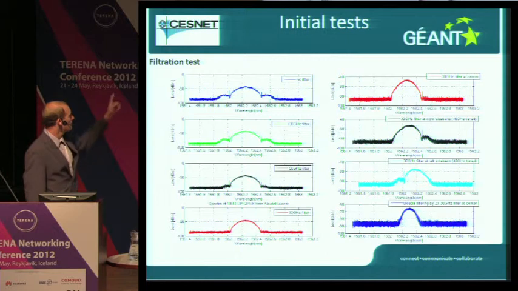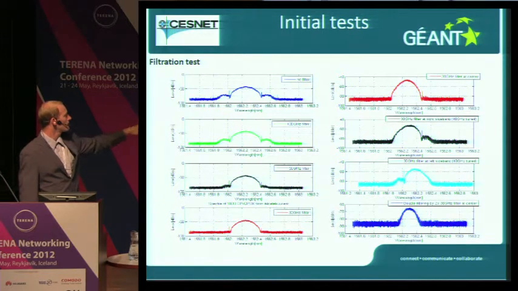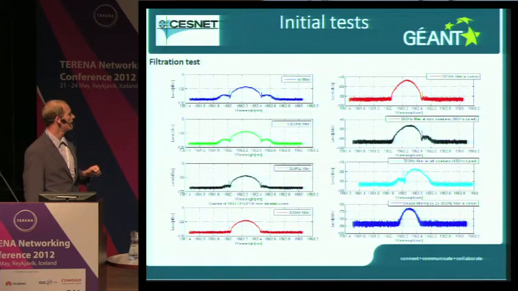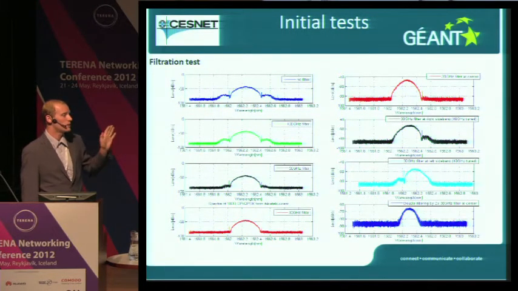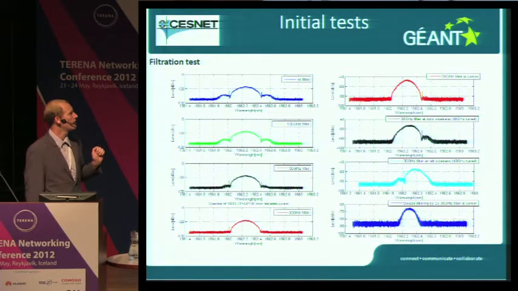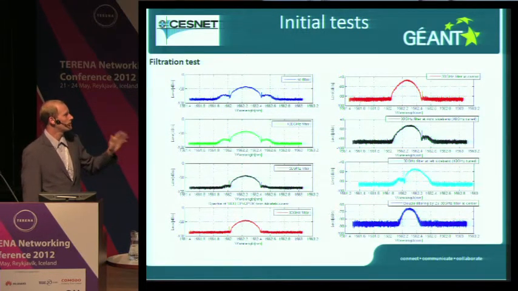So we tried here on the left side to narrow the filter from 100 gigahertz to 30 gigahertz. You can see that the sidebands of the modulation got suppressed by the filter, but the system was still running. On the right-hand side, we tried to detune the filter from the central wavelength, 40 gigahertz to the right and 40 gigahertz to the left as a maximum value. And if you tuned it more, then the connection would get lost.